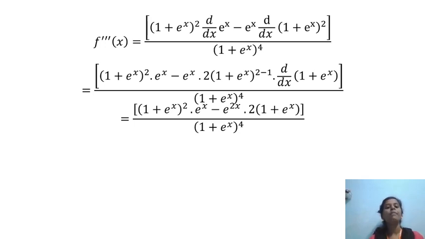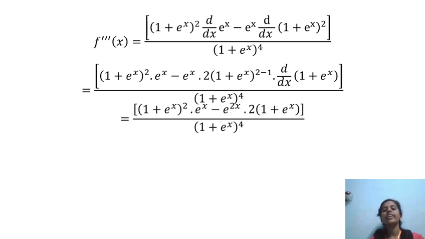Then we get (1 + e^x)² · e^x − e^x · d/dx of (1 + e^x)², where the formula is d/dx of x^n = n x^(n−1). So we get 2(1 + e^x)^(2−1) · d/dx of (1 + e^x), all divided by (1 + e^x)^4. Then we get (1 + e^x)² · e^x